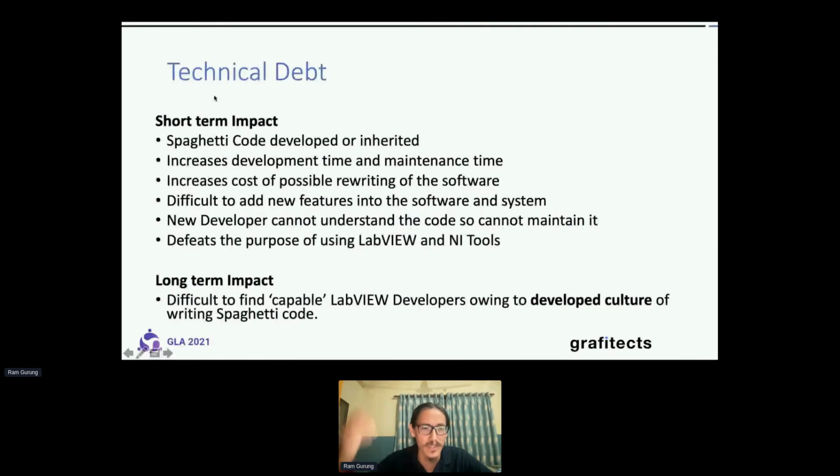I think everybody knows about it, so I'm not going to go too much into that one. If you write very bad spaghetti code, it is going to increase the development time and maintenance time, and possibly you have to rewrite the code, and it defeats the purpose of using LabVIEW and NI tools. LabVIEW is very, very powerful software, but if you don't know how to use it,